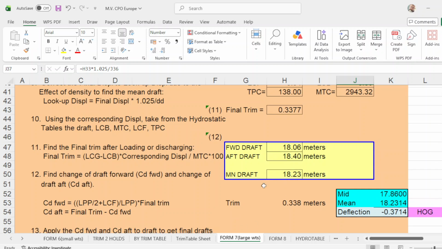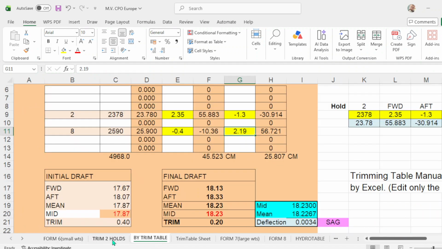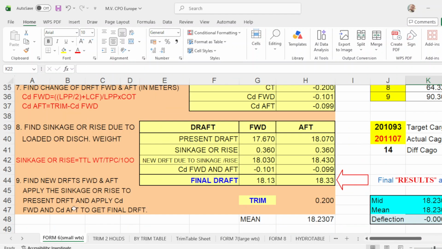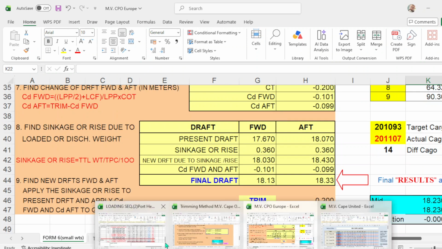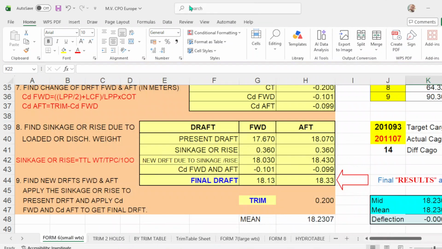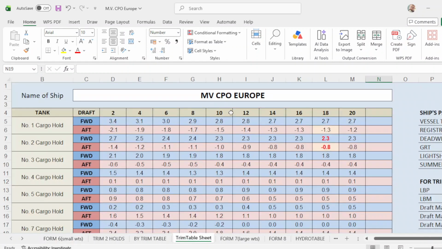Okay. Anyway, you have 1, 2, 3 to back you up. Okay. And which is the same with your departure drop here. Okay. This is MB CPU Europe.